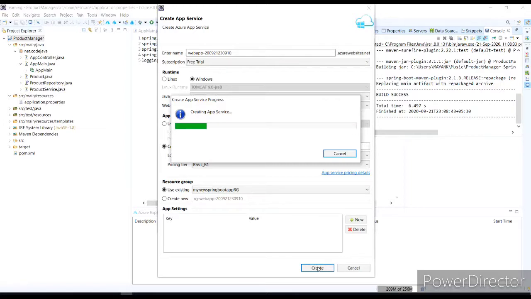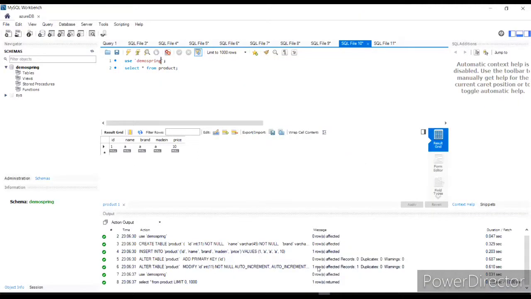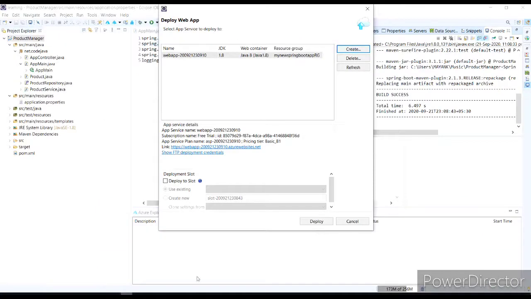So it is creating our app service plan along with the web app. I think it is completed. Yeah, so our web app along with its app service plan has been completed. So I just click on the deploy button.